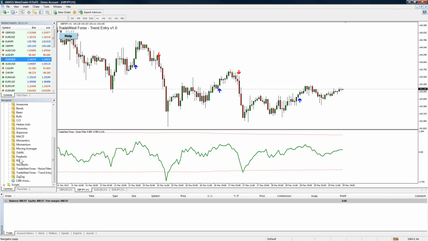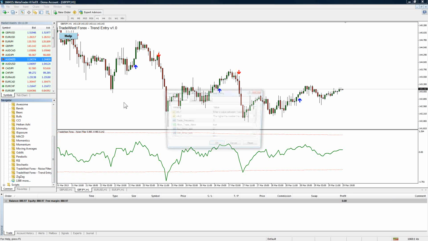Now, to show a different way of doing it, I'm going to go back down here. Of course, in your navigator box, you can expand and contract these. I'm going to go down to trend entry, and I'm going to drag and drop.